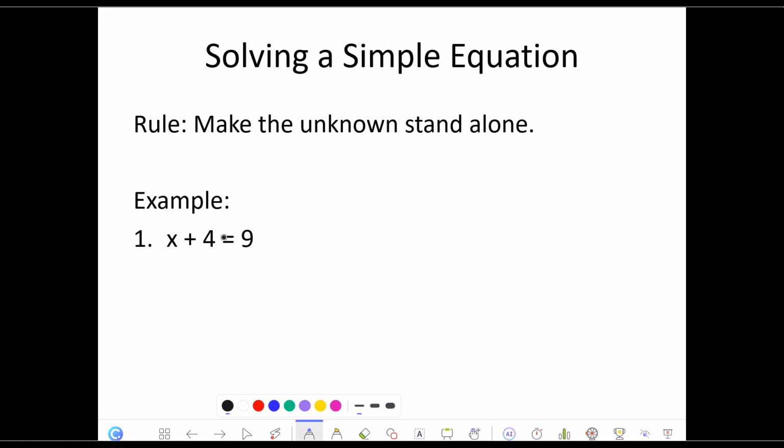For example, in this question, I have x plus 4 equals 9. So this 4 needs to get out of this place and come to this side. You understand? So how can this 4 leave this place and drop to this side? If 4 is coming to this side, remember the rules of